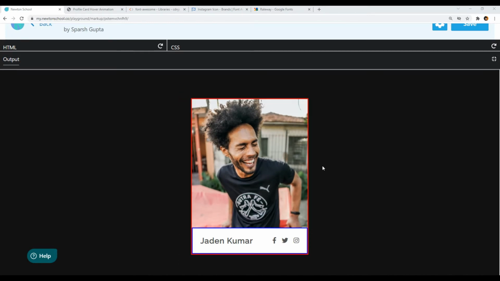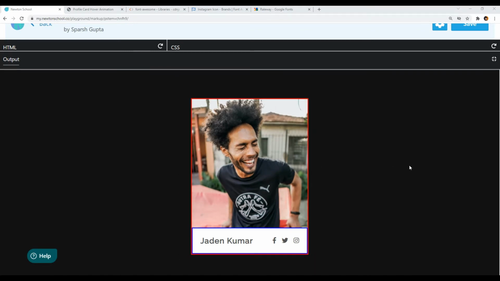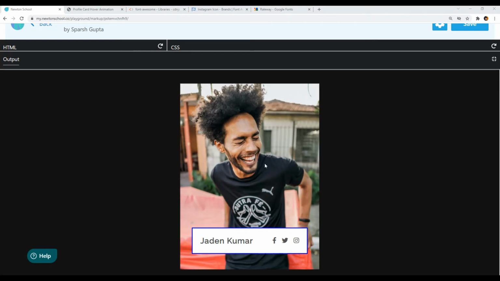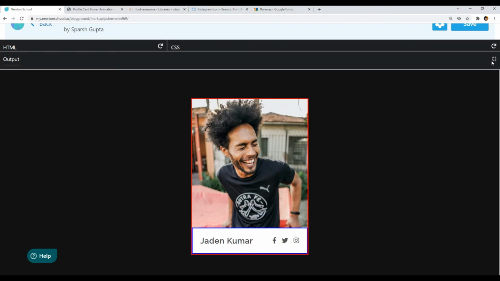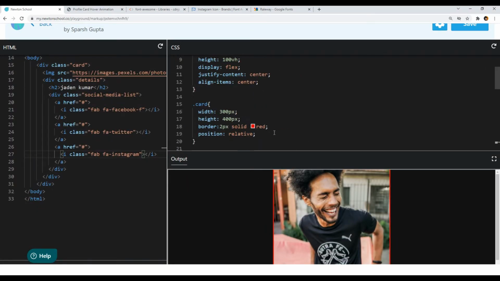Okay, but here's the problem that the image is scaling and it is overflowing its parent, that is the card element. Okay, so it is overflowing the card element and we don't want it. So what I will do is I will use the overflow property on our card element and I will pass hidden as value.